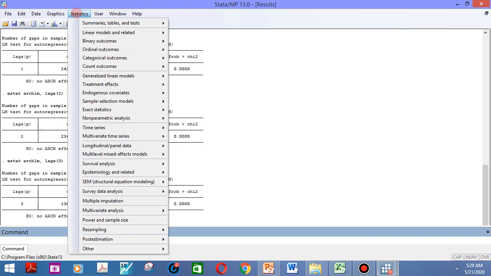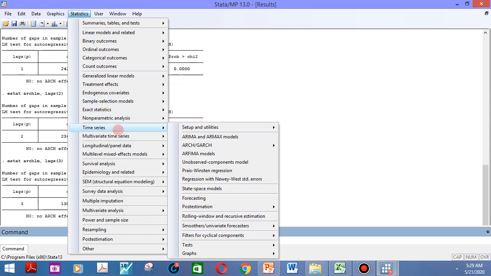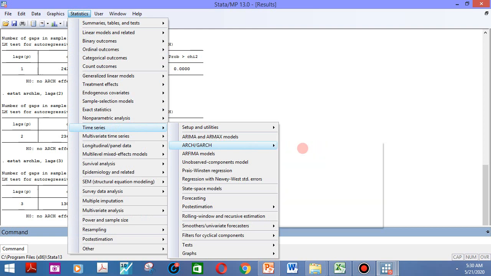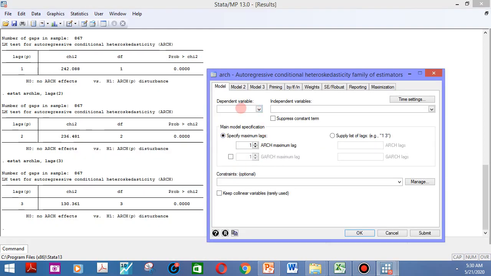Now we run the ARCH model, time series, ARCH GARCH model. In the dependent variable we take R, in the independent variable we take L dot R, and here for first order ARCH effect in the data, we take R lag 1, and for higher order ARCH effect we take 2, 3, 4.